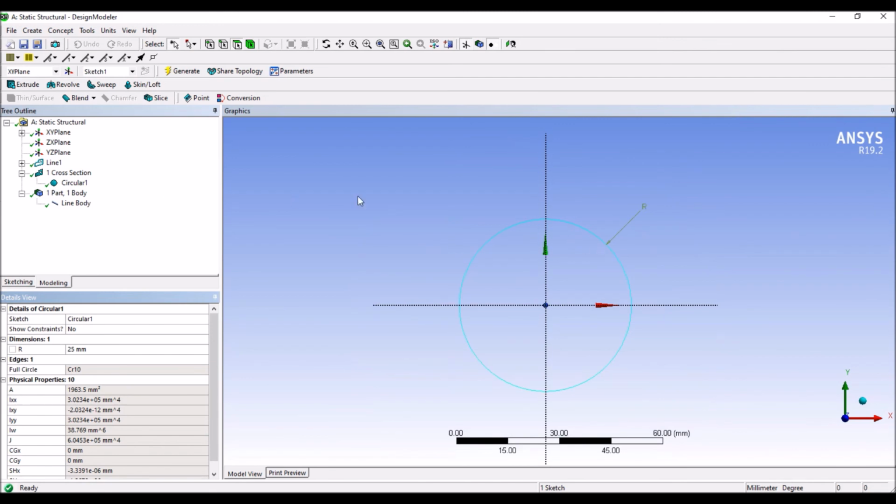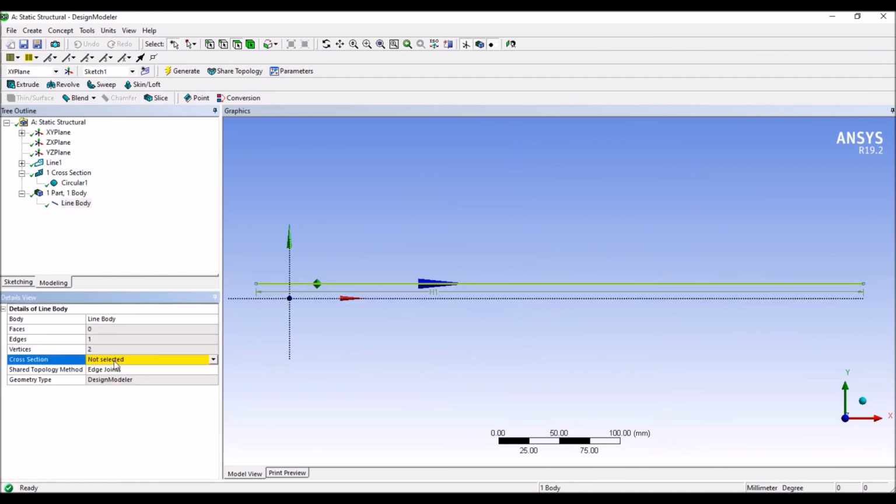Now how to apply this cross section to the line body? Okay, so go to the line body, select the option and select this arrow. Okay, so previously it was only None, but when you create the cross section, you can see the circular cross section here. Suppose you created another cross section like rectangle or C or L, you can see other cross sections here also.